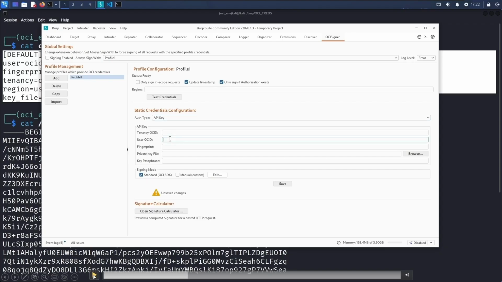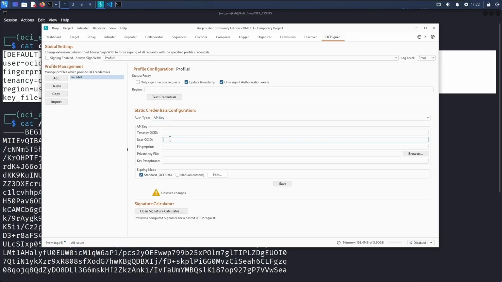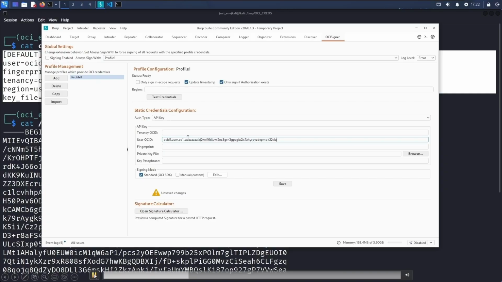In this case, I'm going to walk through the API key example so you understand what it's doing. If I go to API key specifically, and I start filling in everything, I'm plugging in everything from that config file. I'm plugging in my OCID for my user, my fingerprint, and the file path to where my private key is. Private key passphrase is probably not really needed.